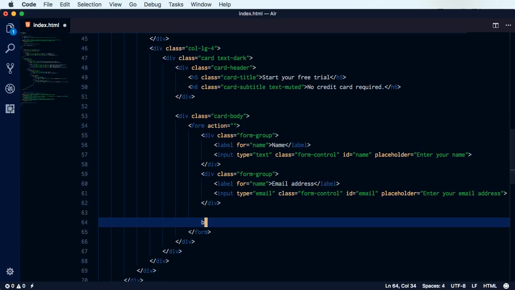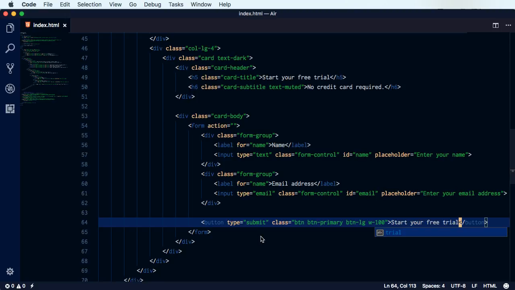Finally, we'll add a submit button. So we'll say button. The type is going to be submit, and we're going to use some Bootstrap classes for the buttons. Now, to create a button, you simply add the btn base class, and then if you want, you can add a modifier class. In my case, I want a btn-primary and a btn-lg. And also what I can do is say another utility class, w-100. This stands for width 100%. Bootstrap created these utility classes that are just so easy to remember and so easy to use, and they're really, really useful, and w-100 is one of them. The text, simply start your